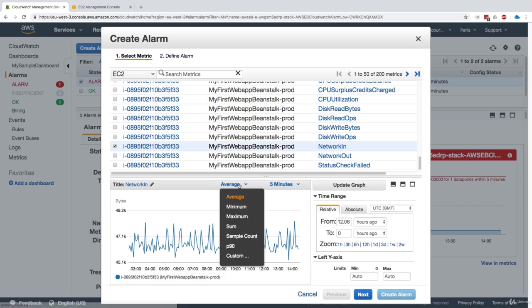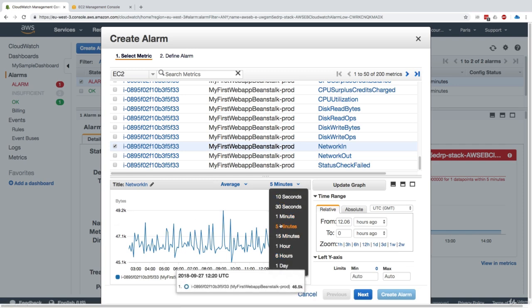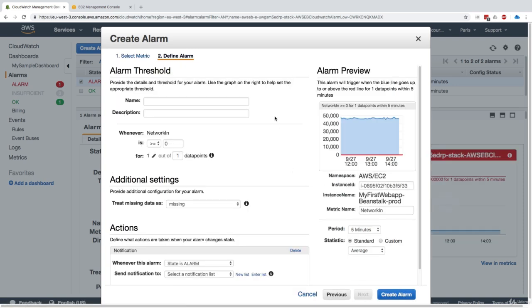So if we look at the average of our network in over a period of 5 minutes, that sounds right, but you could set the period you want. Yeah, let's use this metric. So we'll click on next, and here we get to define the metric. So we're saying high network in for Beanstalk